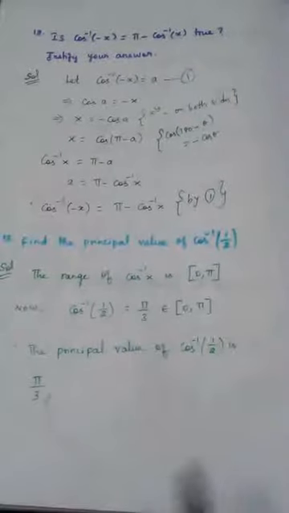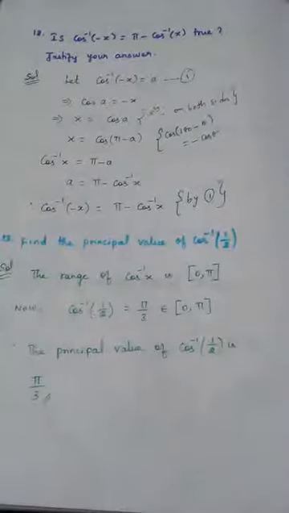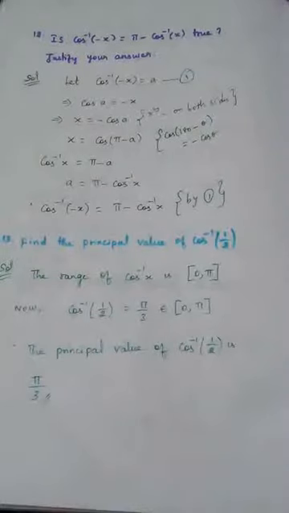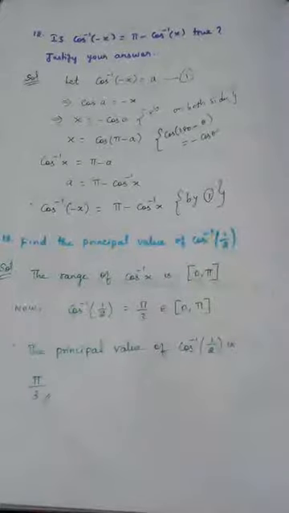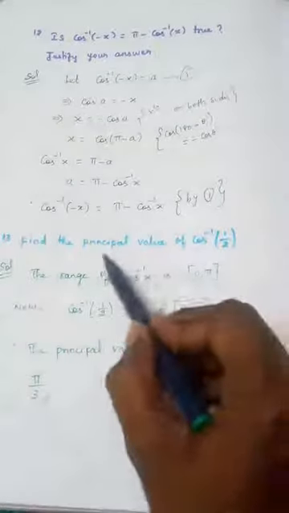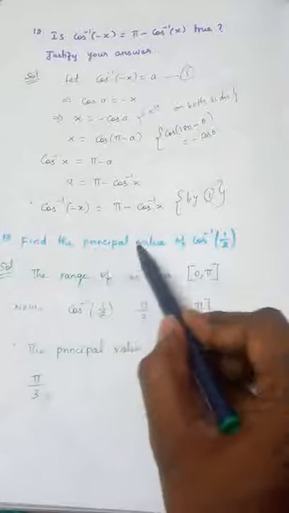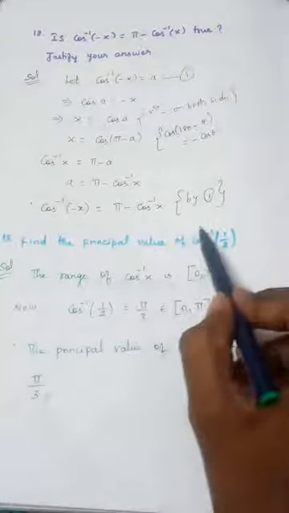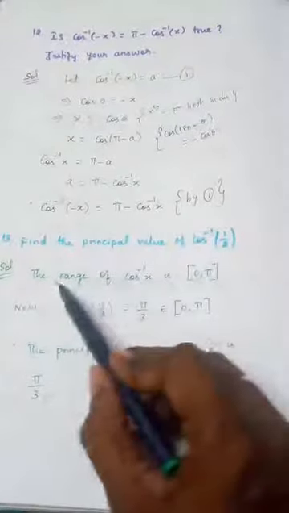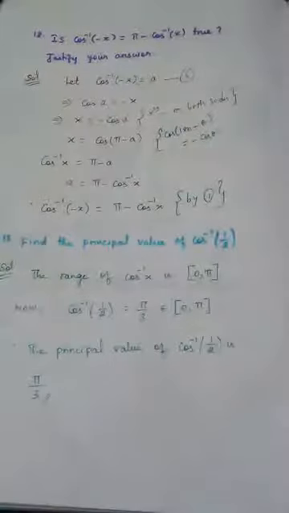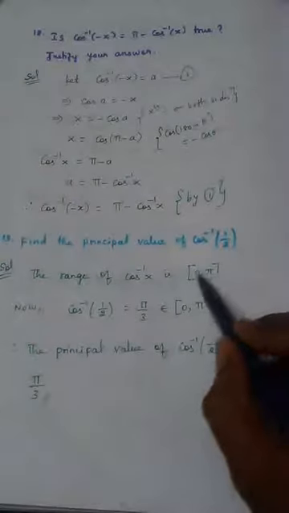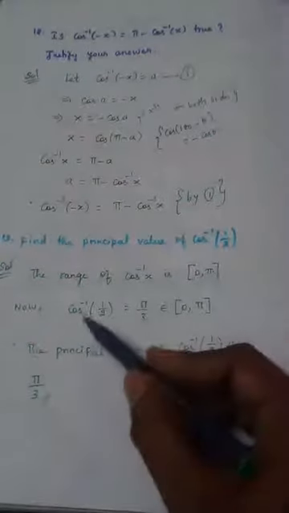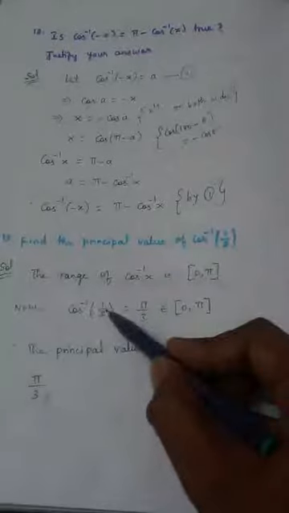Problem number 13. Find the principal value of cos inverse of 1 by 2. The question is, find the principal value of cos inverse of 1 by 2. For finding the principal value, we must know the range of this function, and we know the range of the cos inverse function. What is the range of the cos inverse function? 0 to pi, closed interval 0 to pi, and definitely for cos inverse of 1 by 2, we know very well